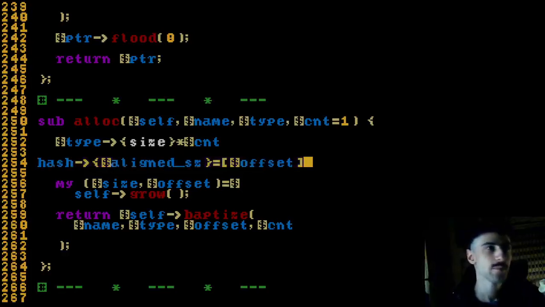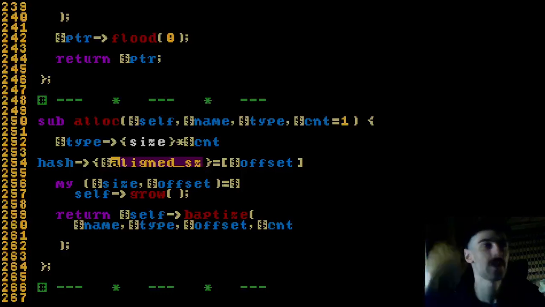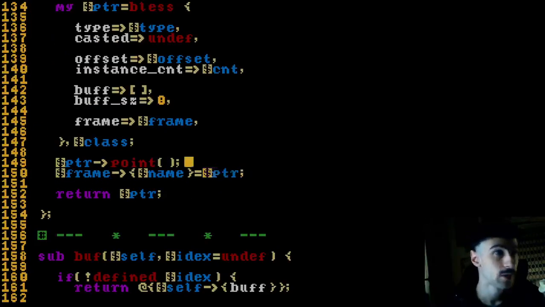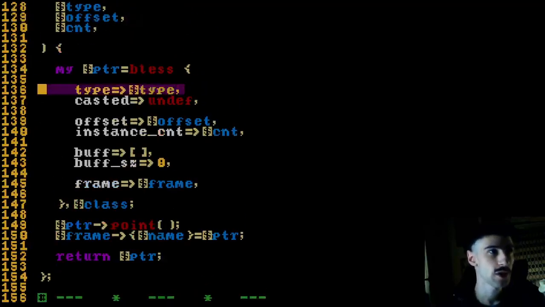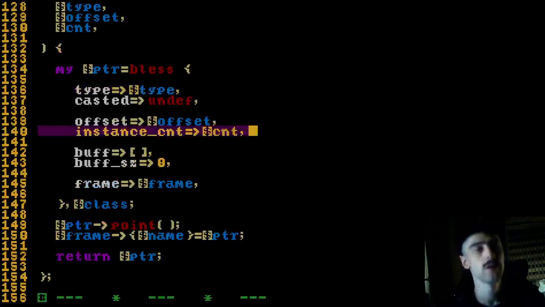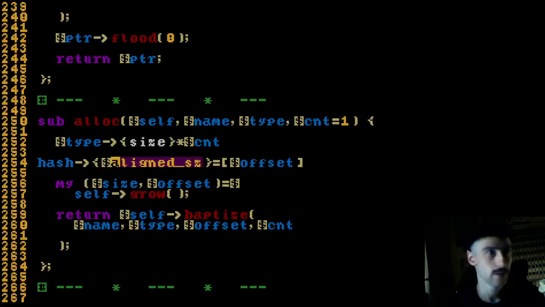Because if we can calculate the aligned size just by having the type, the pointer already knows the type, and it knows the instance count that it was requested, and thus it can recalculate the aligned size, giving us the list of offsets. And so what we would have to do in here actually is not